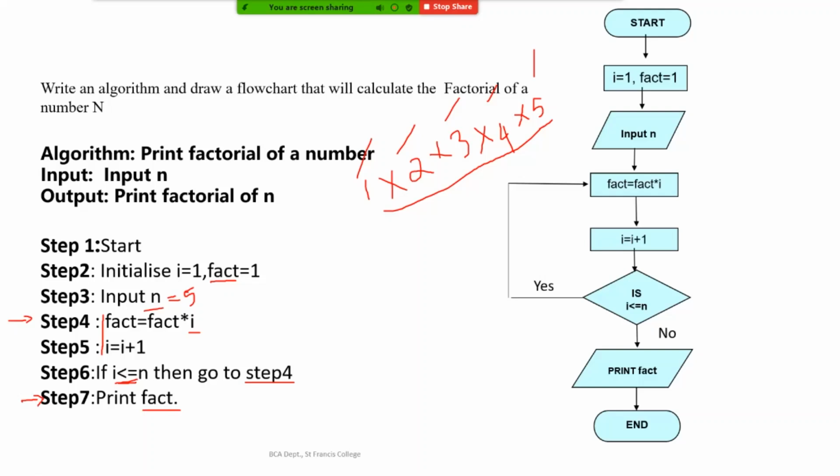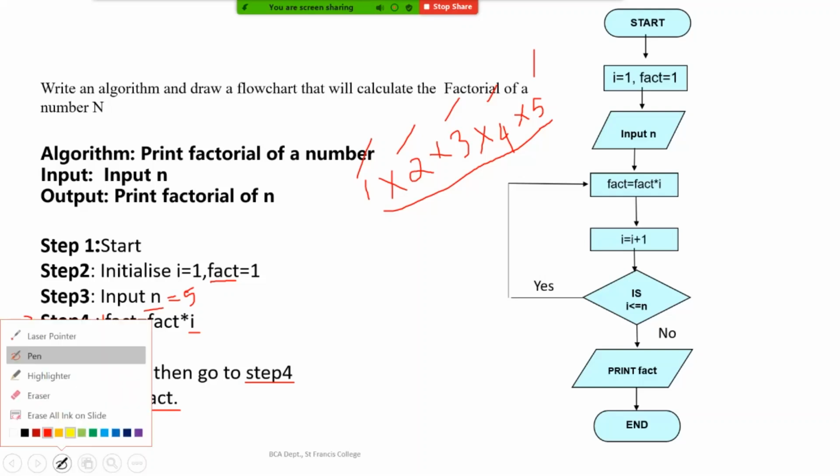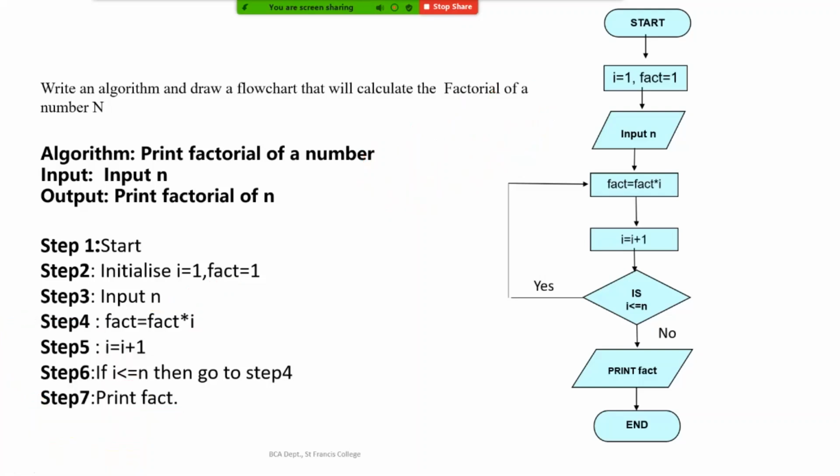As I told, you can substitute and see what exactly will be happening. Suppose I'm going to run this program, and the initialization is the same: i equal to 1, fact equal to 1, and I'm giving an input for n. I want to find the factorial of 5. What will happen? What is the current value of fact, and what will happen in this step? Fact equal to fact multiplied by i. Substitute the value of fact and the value of i in this step. What is the new value of fact after this step?